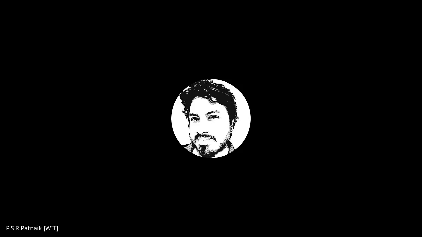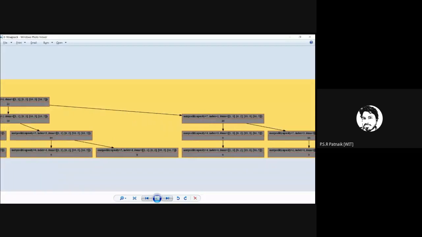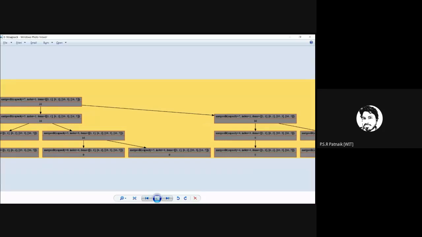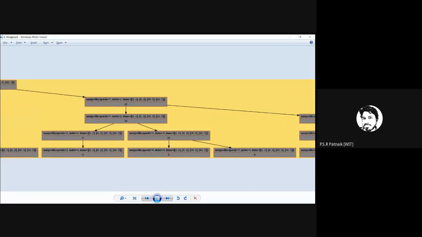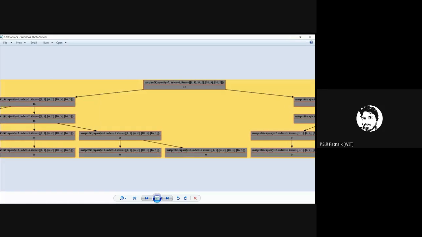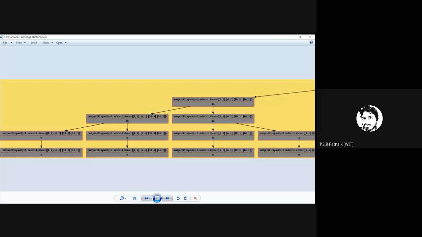So if you see here, you can see for capacity 2, index 4, this call, and here you can see this call here. And if you go further, capacity 2, index 4. So you can see a redundant call. So every time wherever you see this redundant call, you can easily apply memoization. So instead of calling it twice, you can always reuse it by storing it somewhere in a dimensional array.